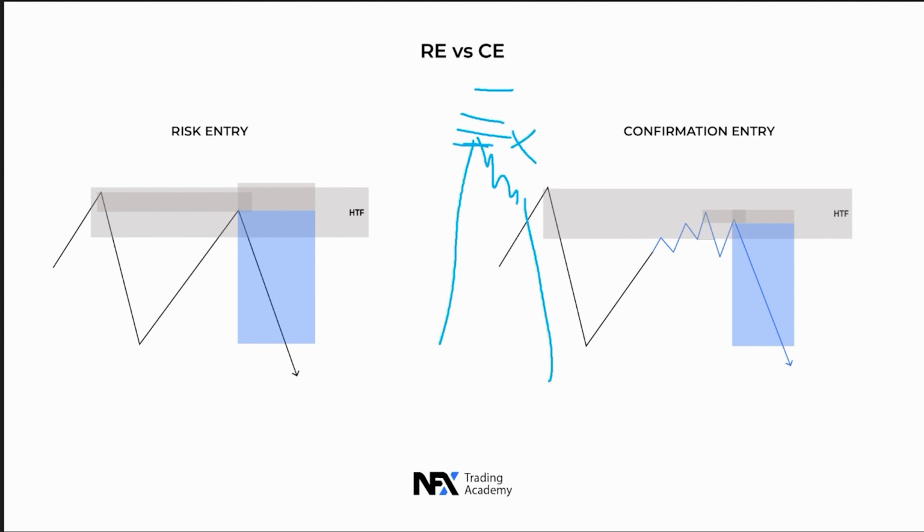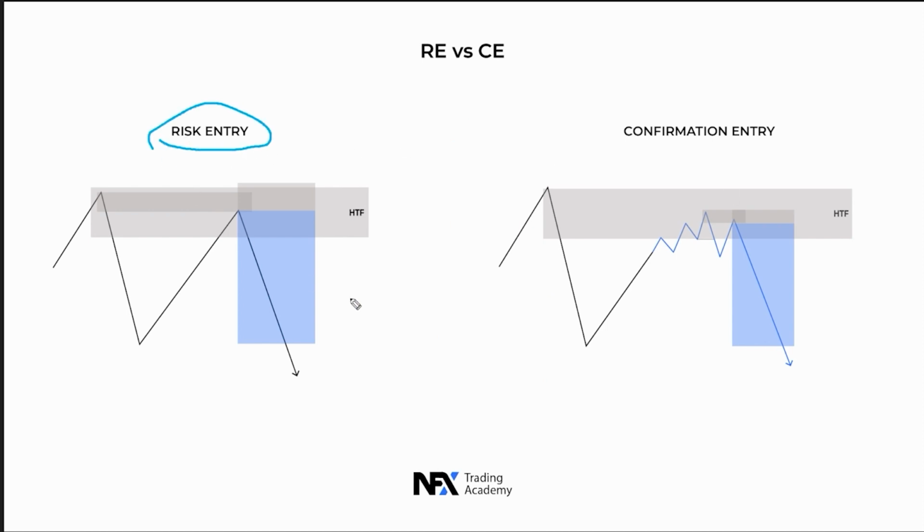Because I'm waiting for this. A good example for this type of risk entry is in my latest EURUSD breakdown, where it was exactly the same thing. I waited for the spike up, I just market executed, placed my stop loss above, and then I had a huge 100 pip trade on EURUSD just because I used the risk entry, waiting for liquidity to be taken.